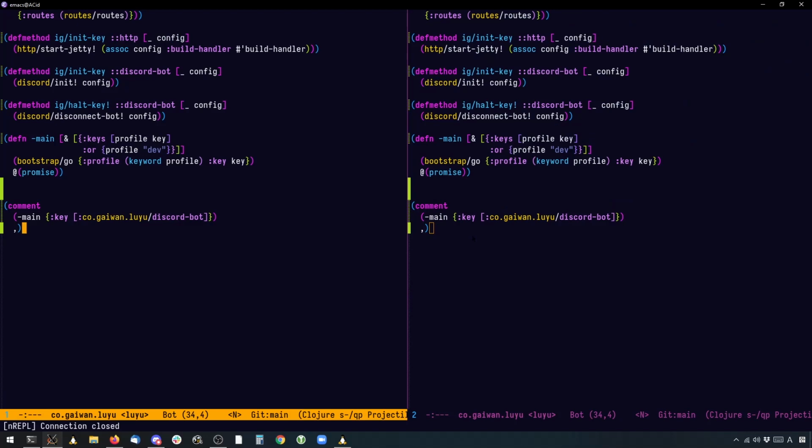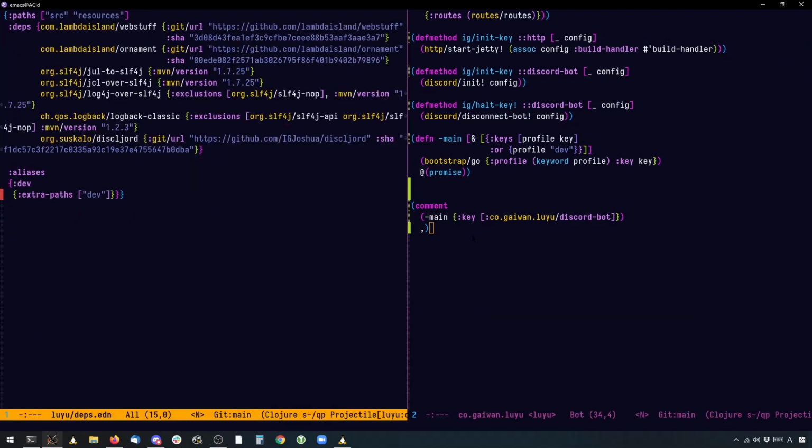Let's open up deps.edn and we have these aliases, right? So let's add another alias here. So let's probably add something called run bot and let's give it an exec function attribute.